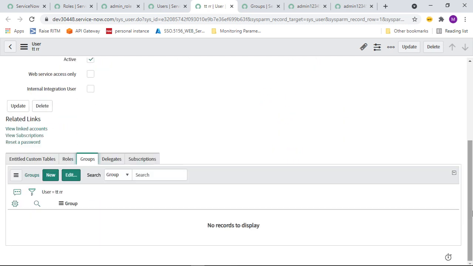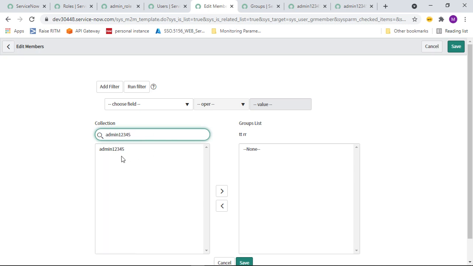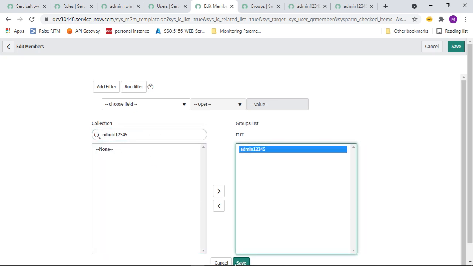See here, if you scroll down you can see the related lists: roles, groups, delegates and subscriptions. I want to add that particular group to this user, so I can click on edit, select my group, and click on save.